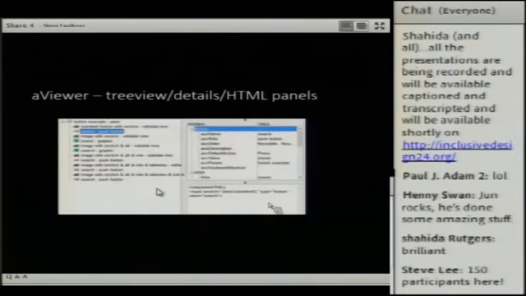So these are the 3 panels. On the left, you've got the tree, which is the accessibility tree. On the right, you've got the details, and in this example, we've got focus on the search button, and you get the accessibility information for the search button. Obviously you can't see it all because it's not there in the screenshot. But as you can see, we've got the accessible name of search and the accessible role of push button. This is the MSAA information. The accessible state, which is focusable and focused, because it's actually got focus in the web page. It has a default action, etc. So there's all that information.